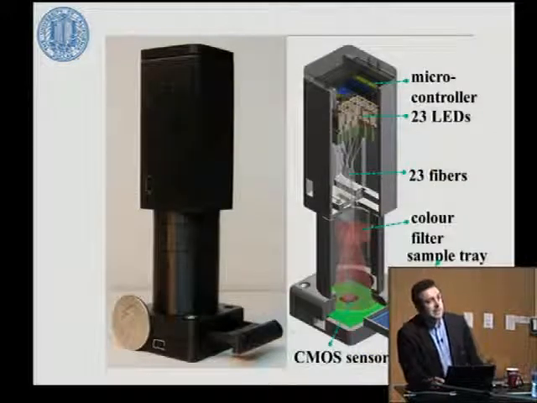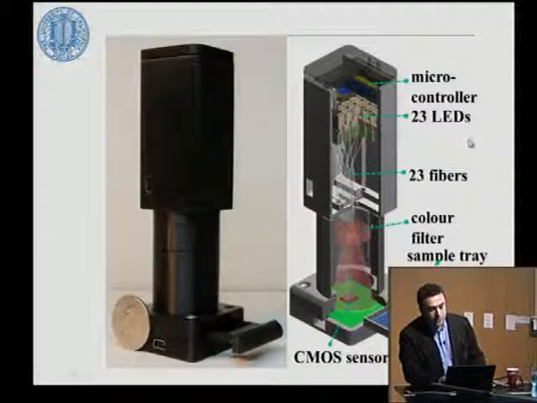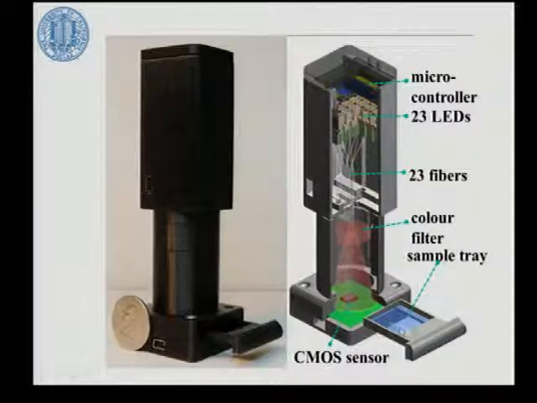To do that, we've complicated the design a little bit. Essentially, instead of a single LED, we have some now 20 LEDs. And we turn them on and off one by one. The sample is as before in front of a CMOS. You capture undersampled holograms, one at a time. What is different here is that there's now a time sequence where the light source shifts, as a result of which the undersampling pattern also shifts, because the shadows or holograms start to shift.